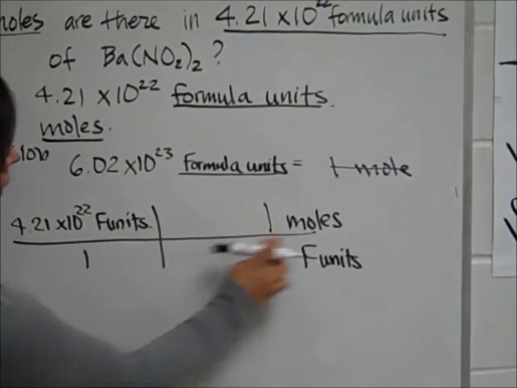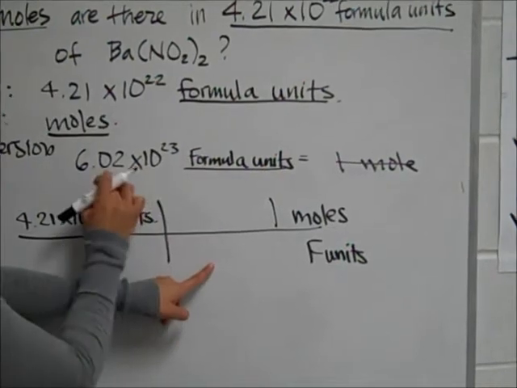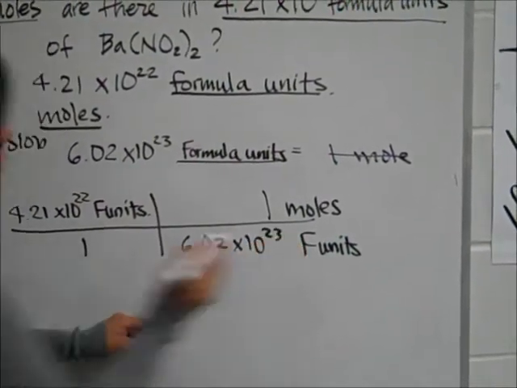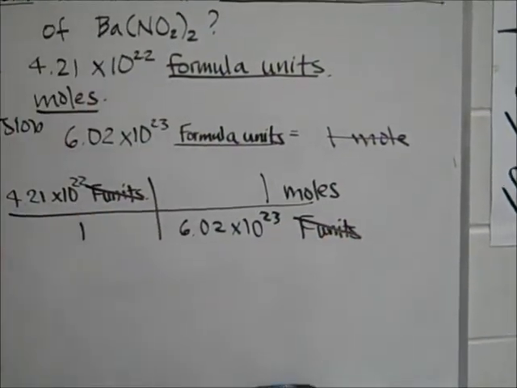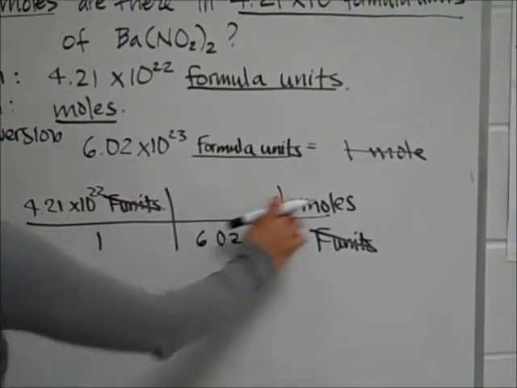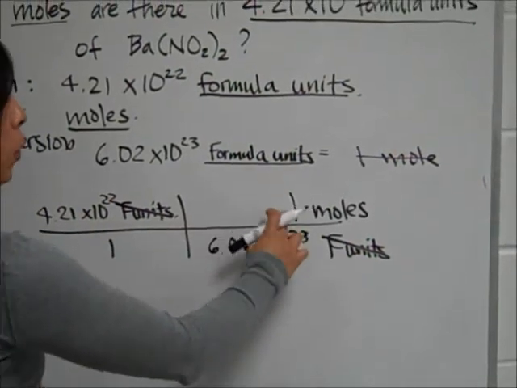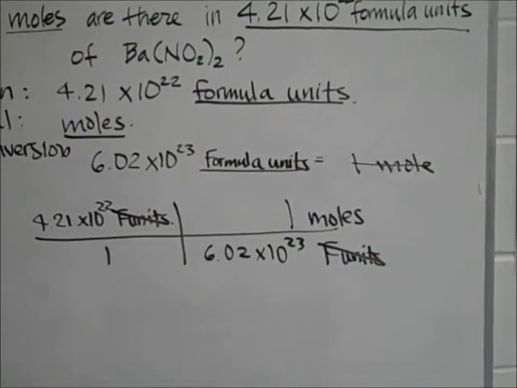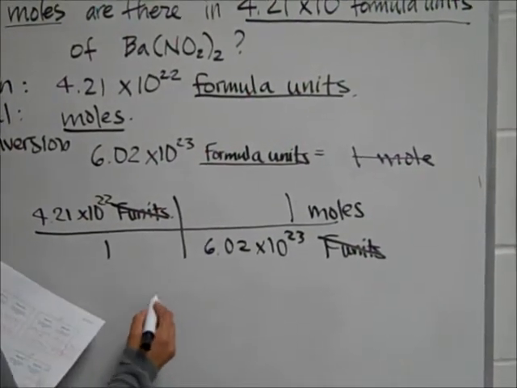And remember, this line is like an equal sign. So 1 mole is equal to how many formula units? Well, 6.02 times 10 to the 23rd formula units. Formula units, which is the one we want to get rid of, cancels out. We're left with the unit that we want, which is moles. We multiply across 4.21 times 10 to the 22nd times 1 mole, and we divide down, divided by 6.02 times 10 to the 23rd formula units. And what we get as our final answer is going to be